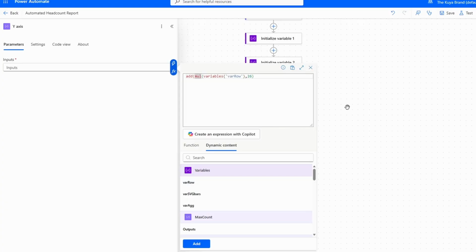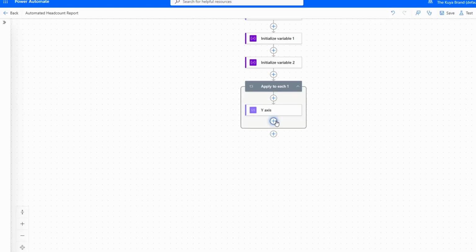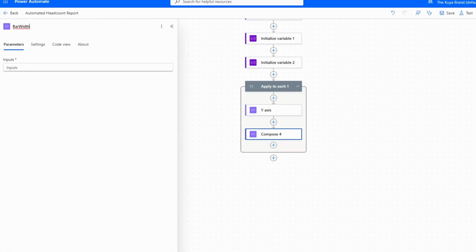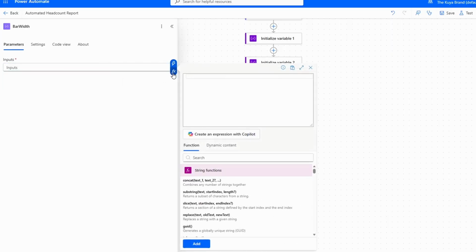On top of that, I'm going to add 60 plus this, and let's go ahead and smash the add button like you're going to smash the like button. The next action we're going to do is another compose. I'm retitling this to bar width, and inside of the inputs, go over to our expressions and let's write in